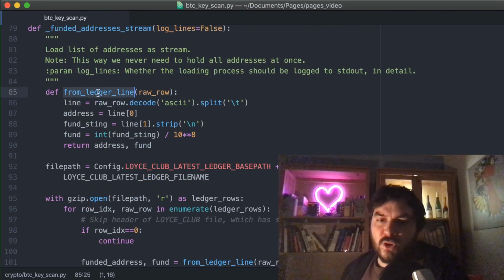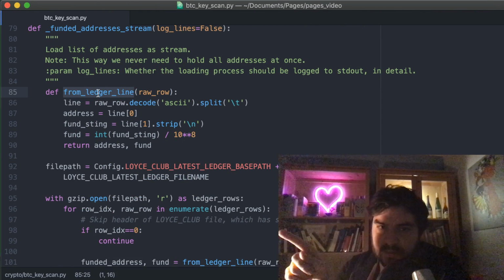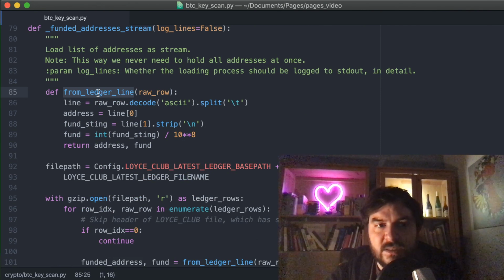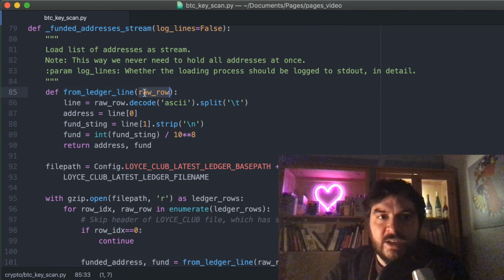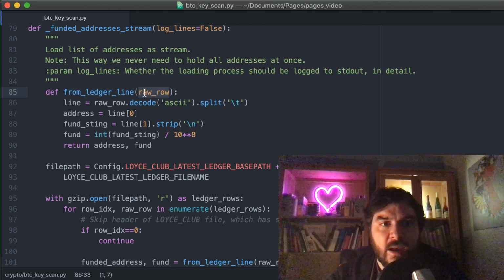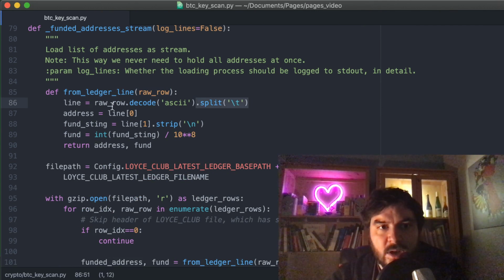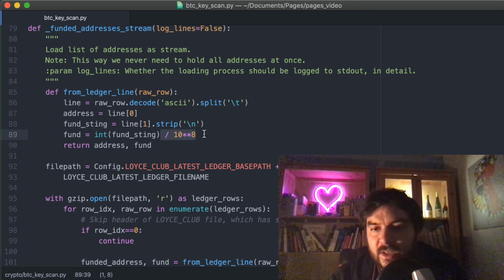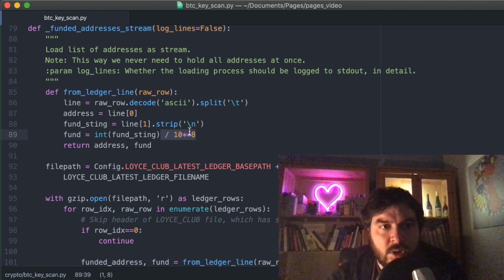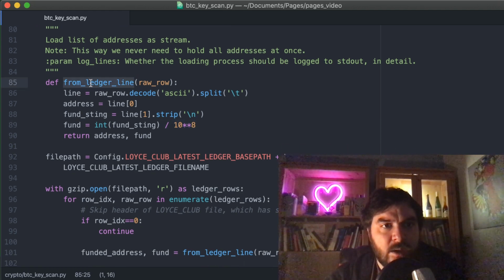So this is the format, as I said: address, funds. What this function does is a small function within a function. It takes a raw row and splits it where the separator is a tab, as you see here. The first entry is the address and the second entry is the funds, and then I convert it, because the funds are given in satoshis, and divide it by 10 to the power of 8, and then you get the Bitcoin as a float. So for example, if I